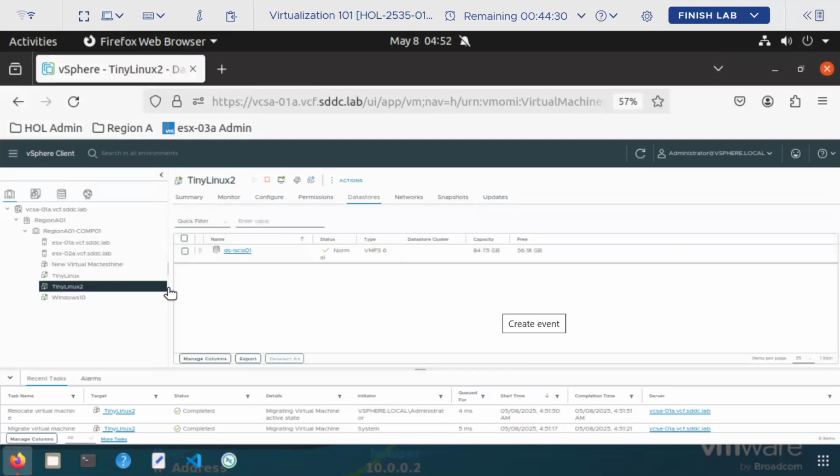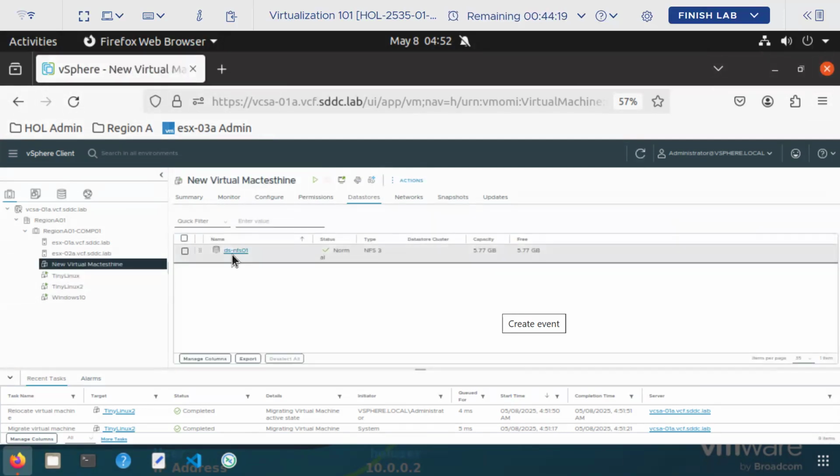This Tiny Linux 2 is also residing on the iSCSI datastore. This Windows 10 VM is also residing on the iSCSI datastore. Only the newly created VM is residing on the NFS datastore. If I wanted to do storage migration, just right click on this VM,